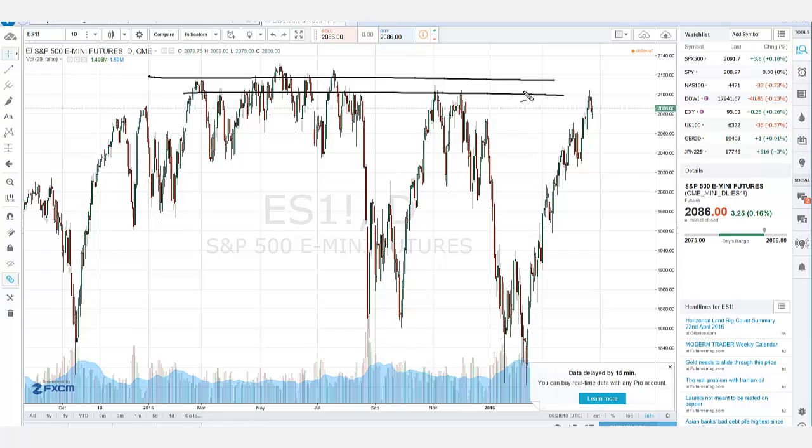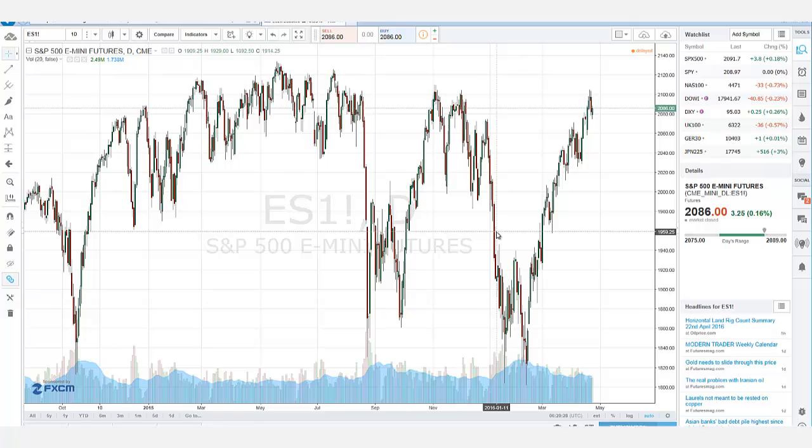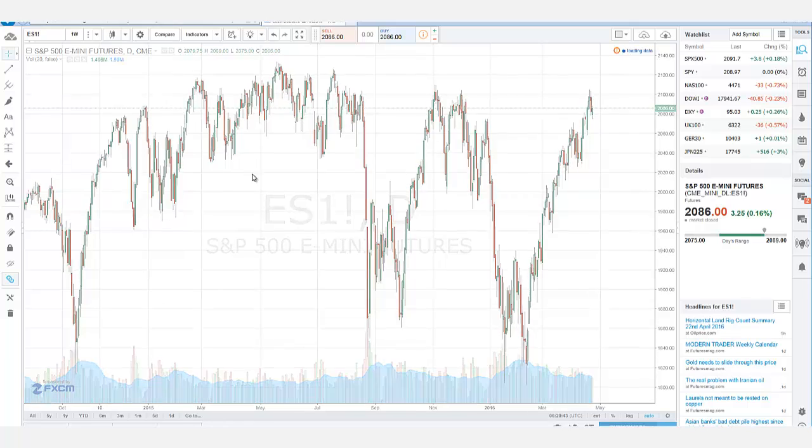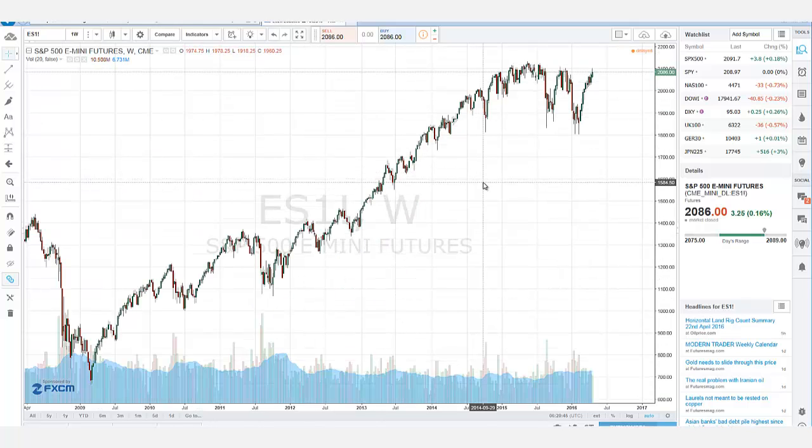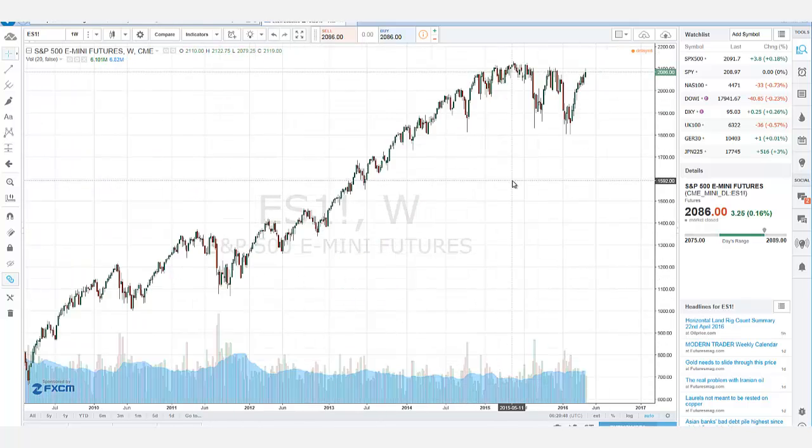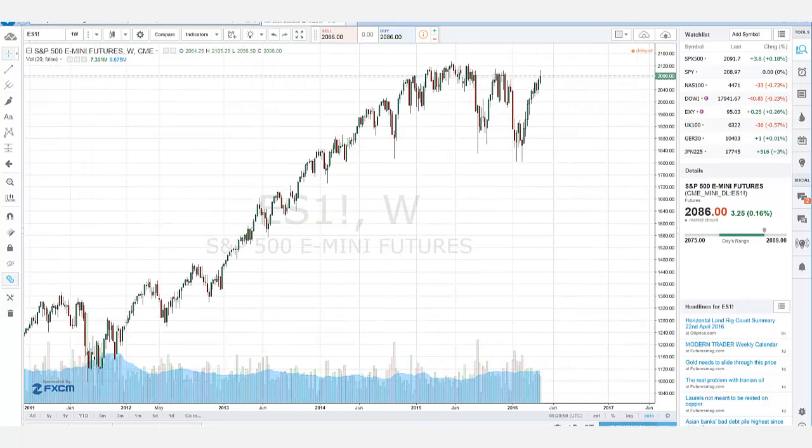If you just look at a daily time frame, it is not enough, because you really need to understand the context of the markets. What I mean by context is, what is price doing relative to the higher time frame? That is important. This is the daily time frame, and I would like you to go up one time frame higher, which is the weekly, to see where the market is in the grand scheme of things. You can see on the weekly time frame, things are looking much different. It has been a long-term uptrend over the last 3-4 years.